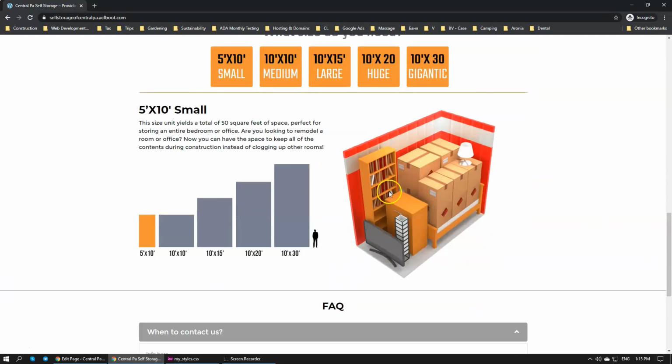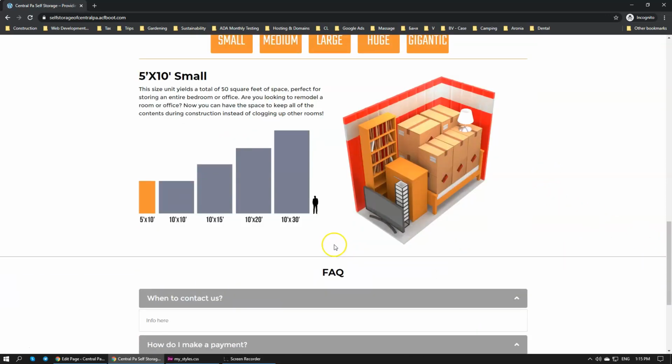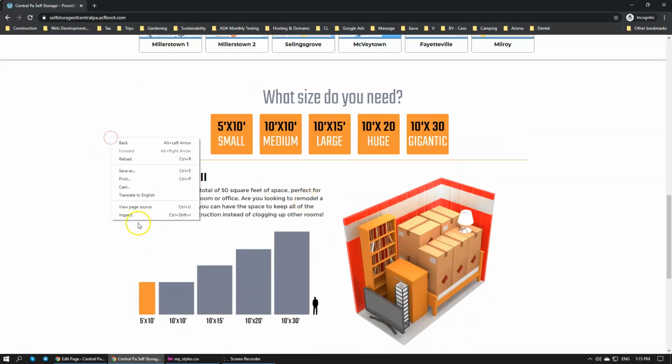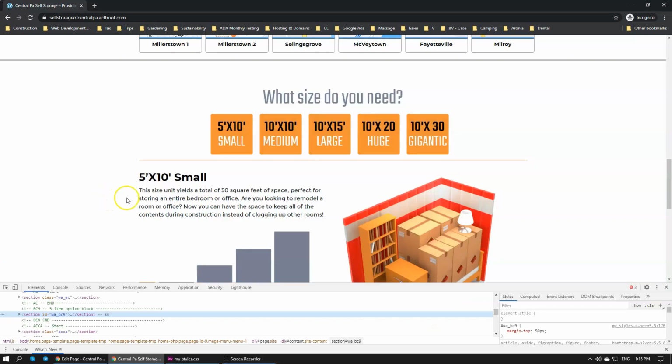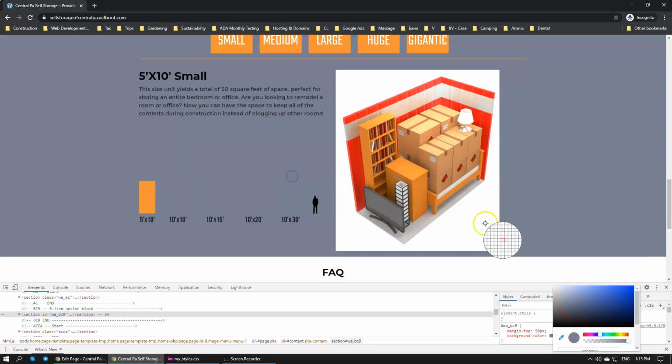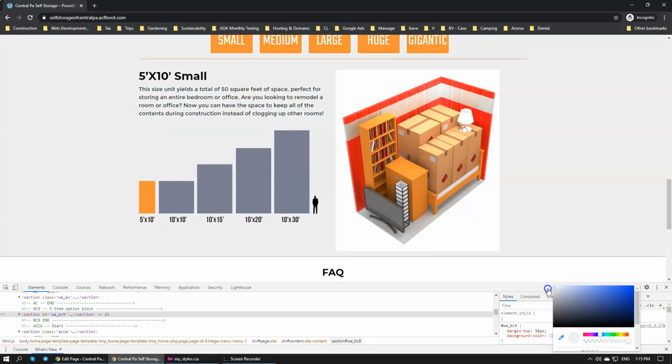Okay, looking good. Let's work on the mobile responsiveness. But before we do that, just one more idea. What if we give it some background? I know this is not part of the initial design that the designer has created, but